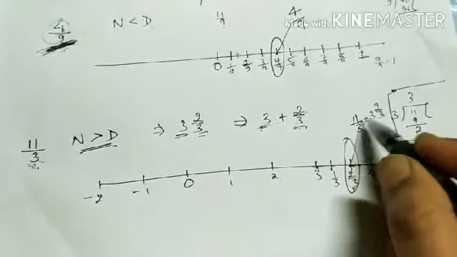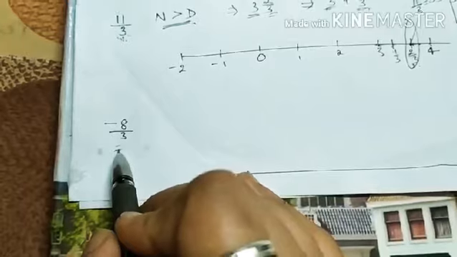Now coming to the next question, taking a negative rational number. How we are going to see here, this is also a negative rational number and it is an improper fraction, right? So how we are going to represent it here? First we are going to do this part. We have to convert it into the mixed fraction. So what it is